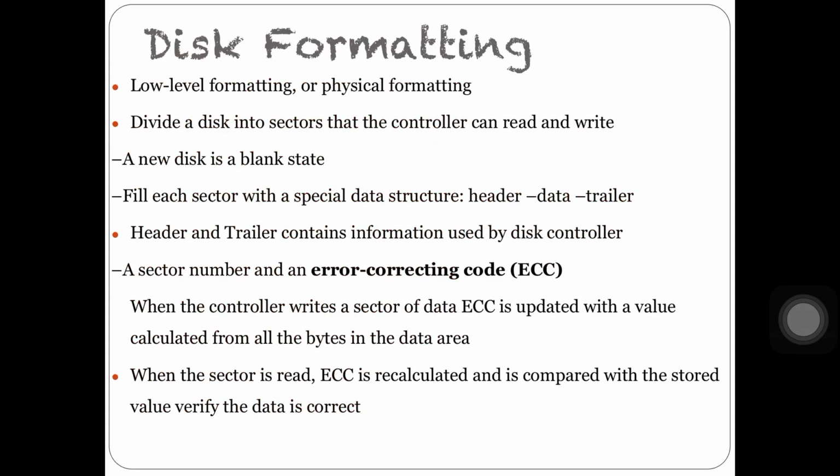If the data is changed, then we call it as the data is corrupted. For example, if the stored and calculated numbers are different, this mismatch indicates that there is a corruption in the data area, and this sector is called a bad block.